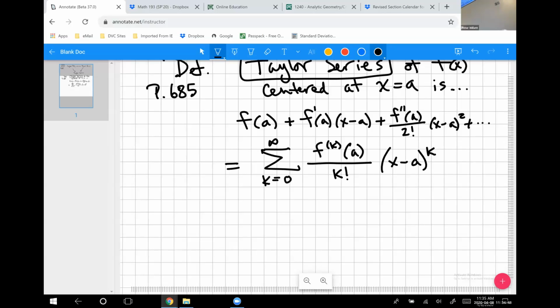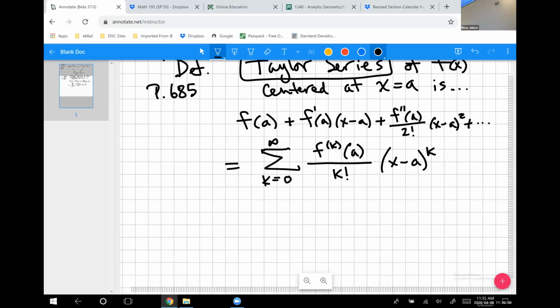Now, most of the examples we usually like to look at, because they just make it a little simpler, are when a is equal to 0. We centered it at 0. We already did that for sine of x. We did that for e to the x. And we'll look at those examples again. But now this time we'll extend them. However,